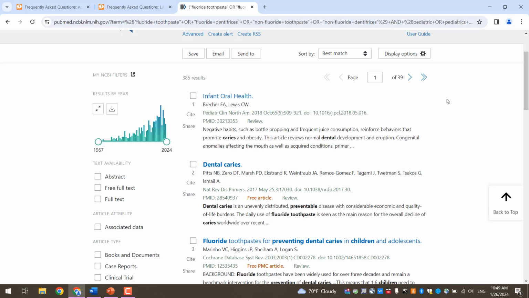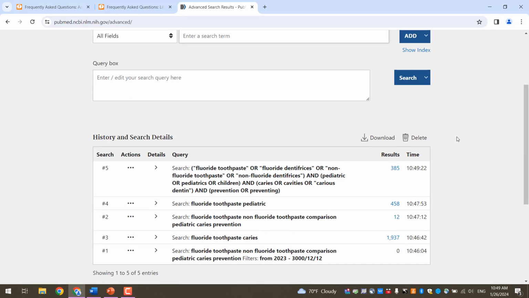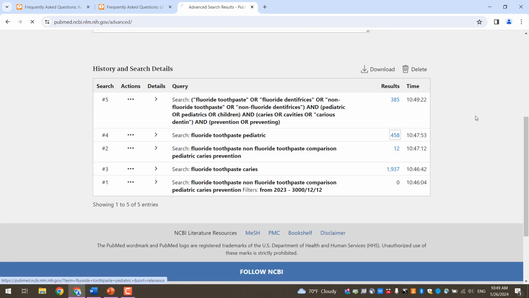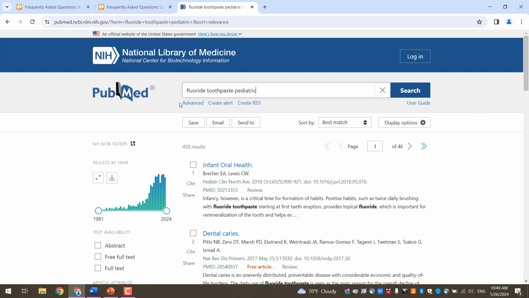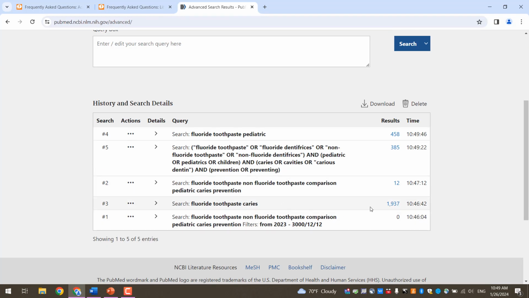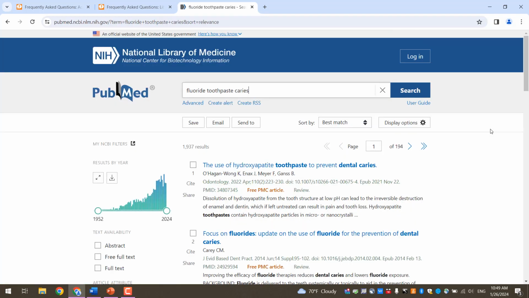So now let's move on to the second part. We're going to talk about narrowing down a search that's way too broad. So remember, we had our initial search that we had tried, fluoride toothpaste caries, which had almost 2,000 search results. So what we could do to narrow down our results and get it to something more manageable is we could use search filters,